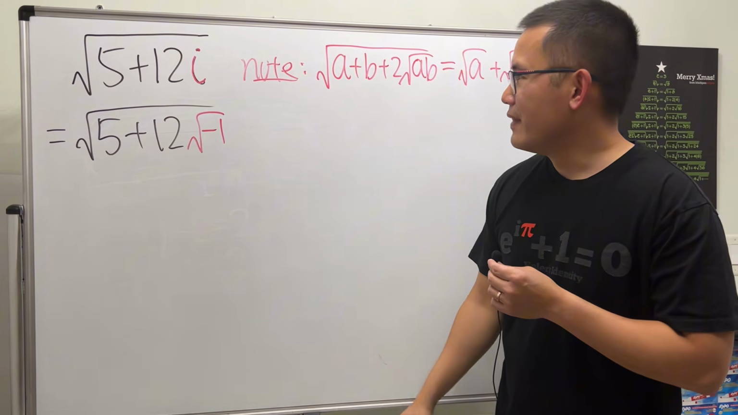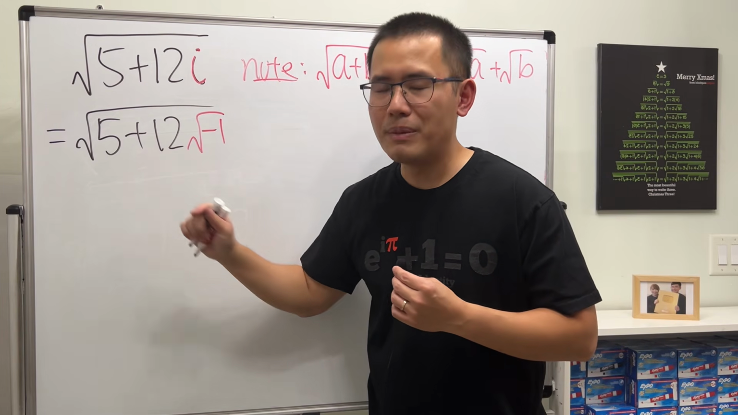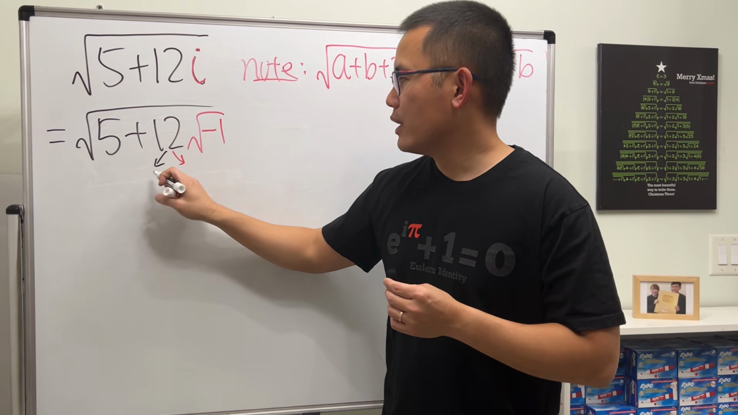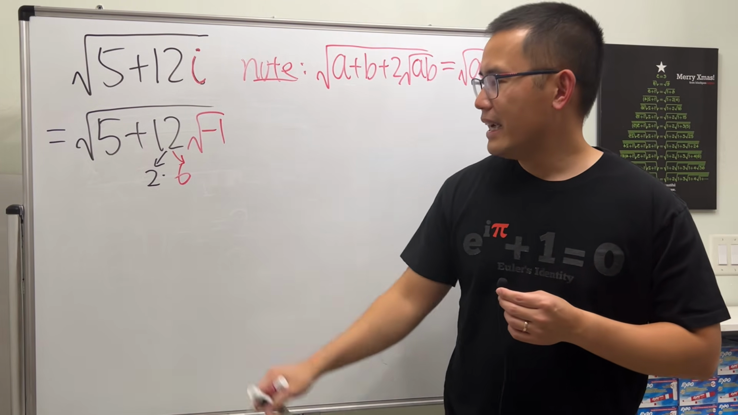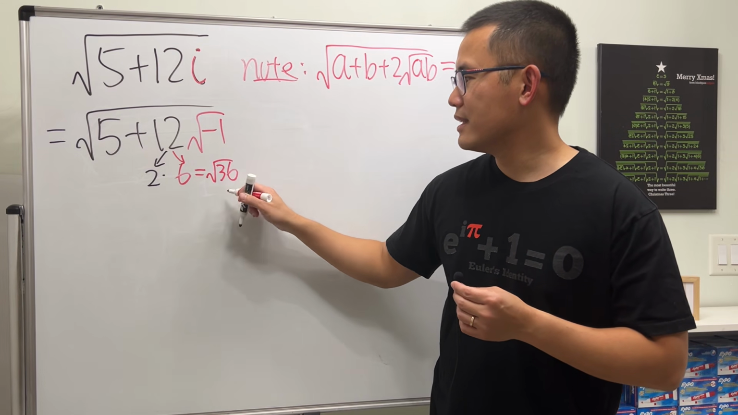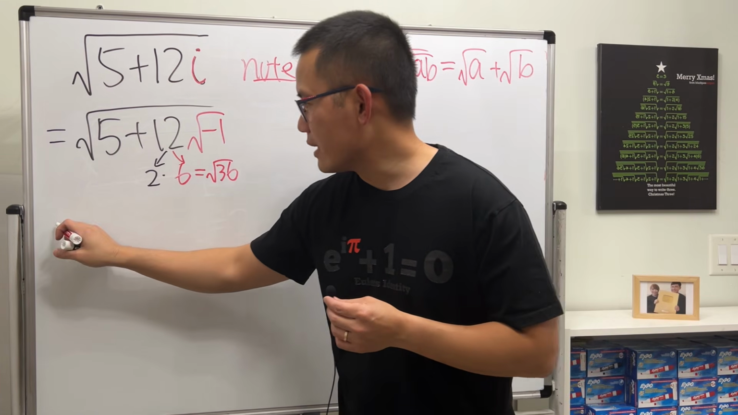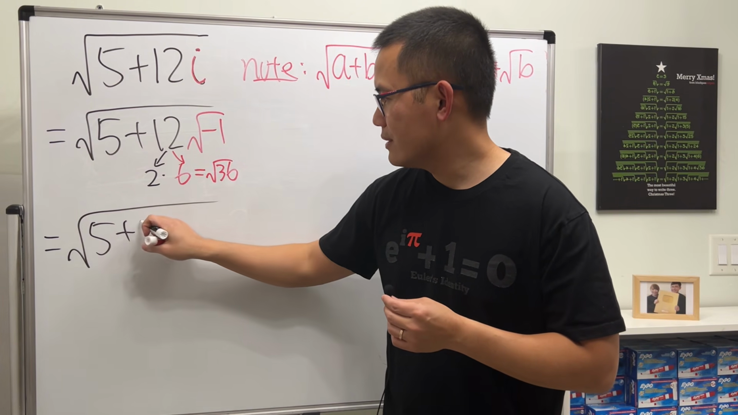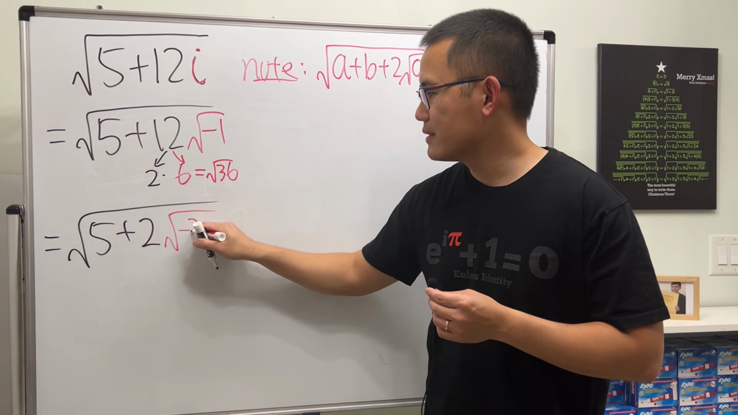Okay? Now, for this formula, we need a 2 right here. This is a 12, but don't worry. We can look at the 12 as what times what? We really need to have the 2, and then just do 2 times 6. And now for the 6, which is the same as what? Square root of 36. We want to do this so that we can multiply this and that together. So we can get square root of 5 plus 2 times the square root of -1 times 36,